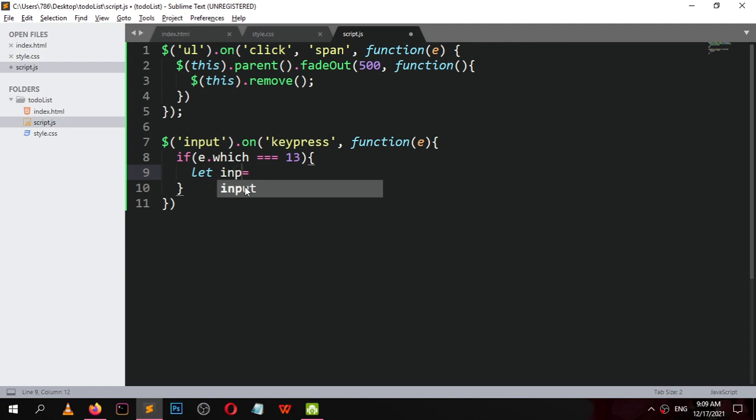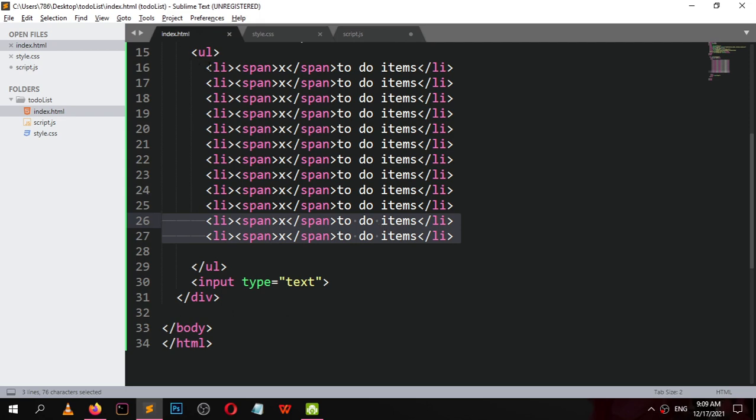Let value, or name it toDoItem, equal input dot value. Input dot value, and insert this into the li. Insert this into the ul.